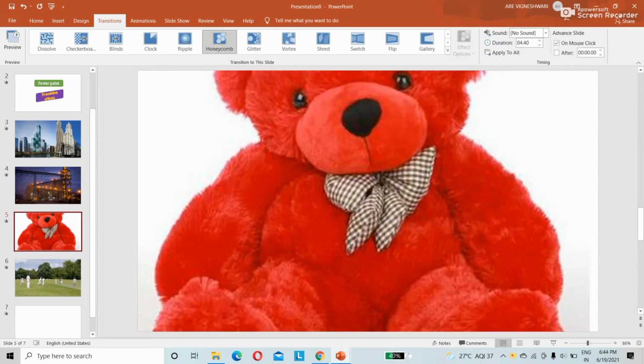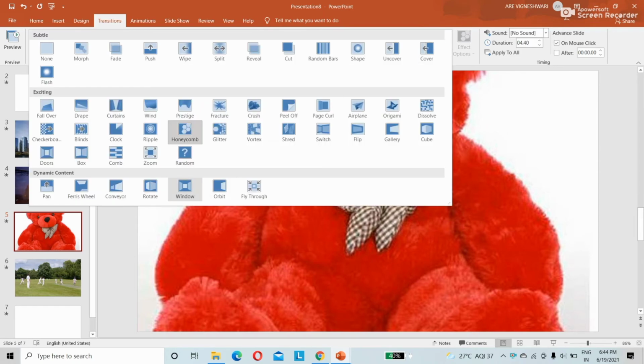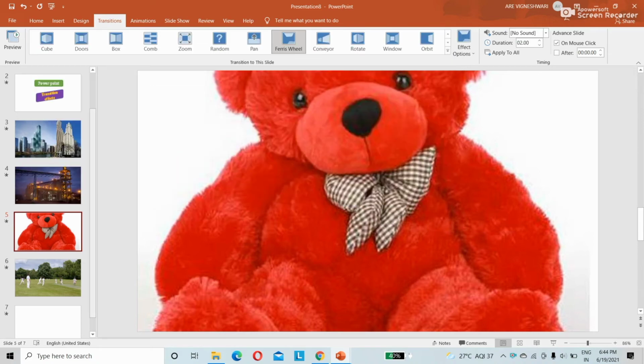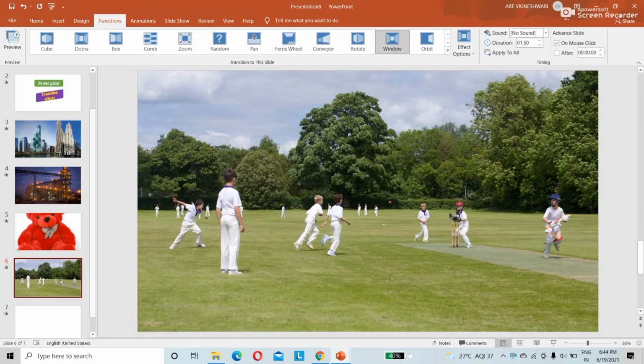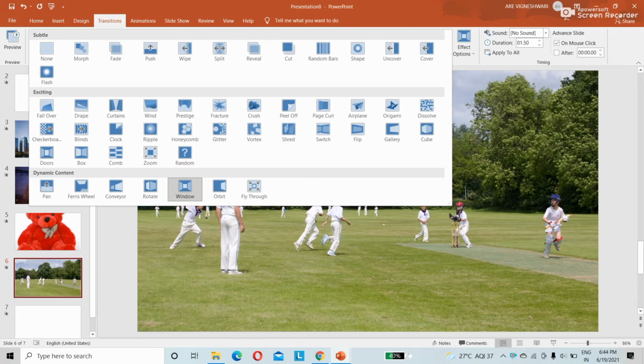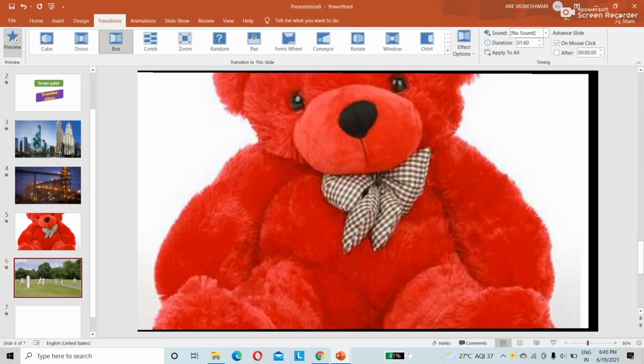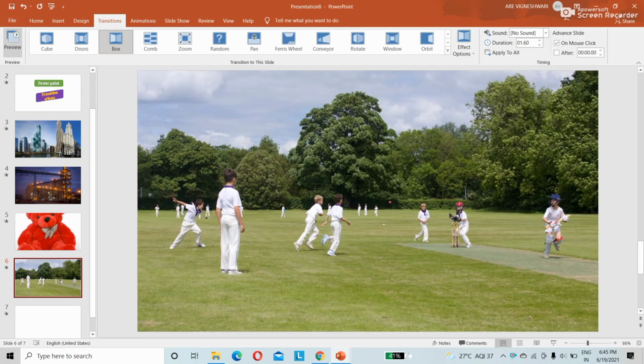So one more I'll take. Preview. It will appear like this. The effect will appear like that. In this way, the next slide will come.